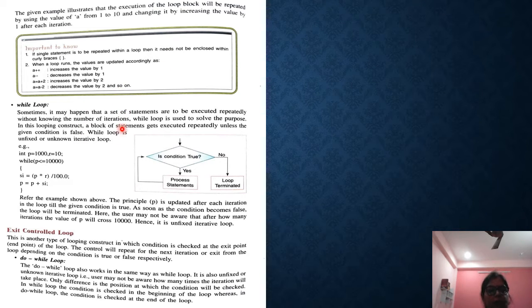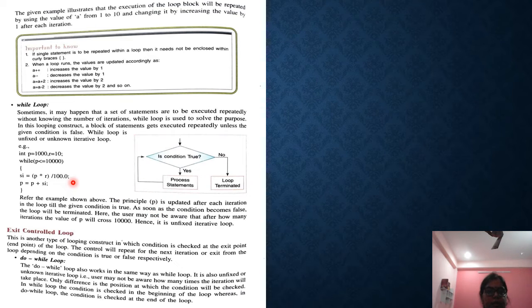Okay, now the second entry control loop is while. The while is also known as an entry control loop, but it works till the given condition is true. As the condition becomes false, the loop doesn't work. In this type of iteration, large numbers can also be taken.